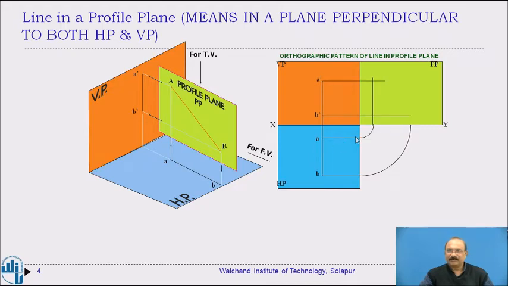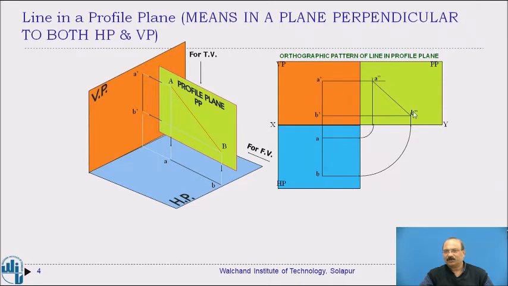Now from point A the projector comes here, and from A dash the projector comes here, and both intersect at this particular point, which we give the notation A double dash. Similarly we get point B; we bring this B point and it comes as an intersecting point, B double dash. A double dash B double dash is the length of this particular line.